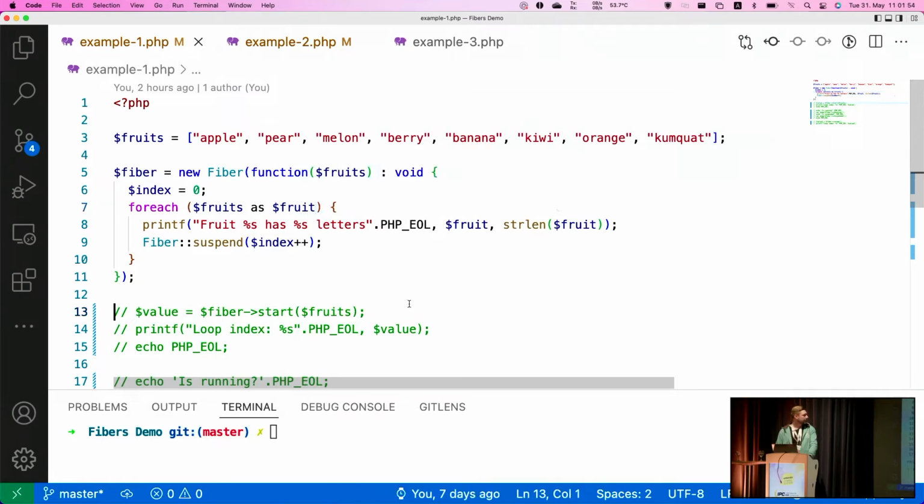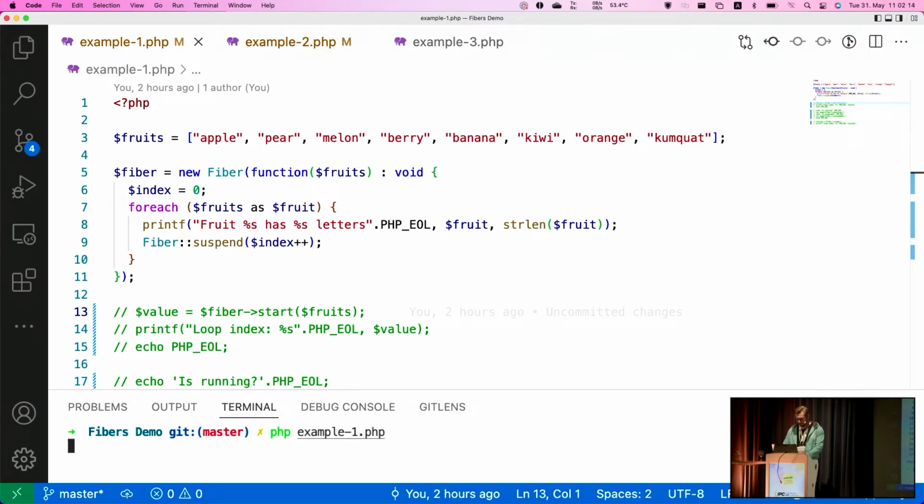I'm going to do that in a loop because I'm expecting an array. And I will suspend after the first execution of the loop with some index number. So if I run my code right now,